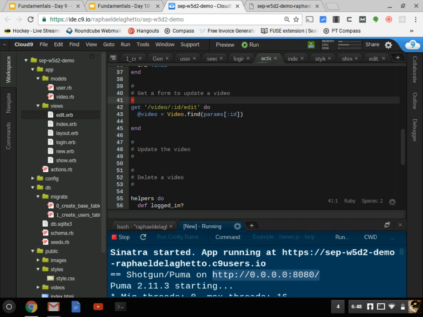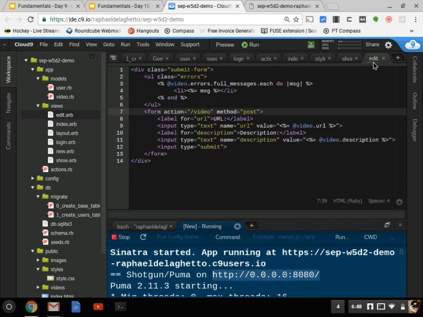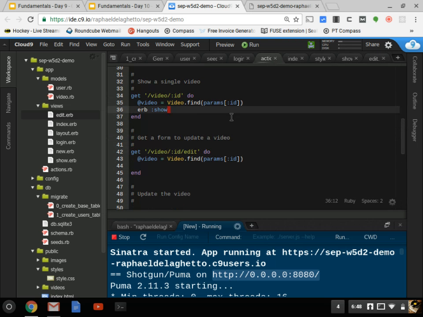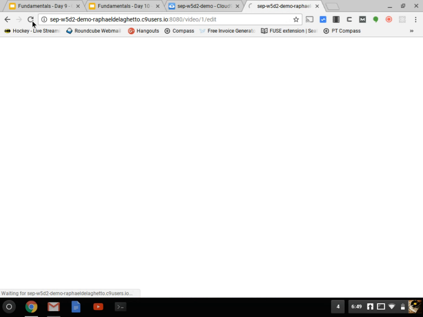Well, I've got the form over here. This is the form that I just created, but I never actually rendered it. Right? So here's how I render it. I'm rendering the show form here. I want to render the edit view that I just created. Like this. So hopefully this time, when I do it,